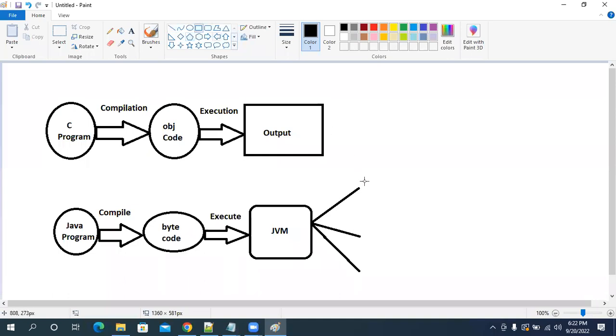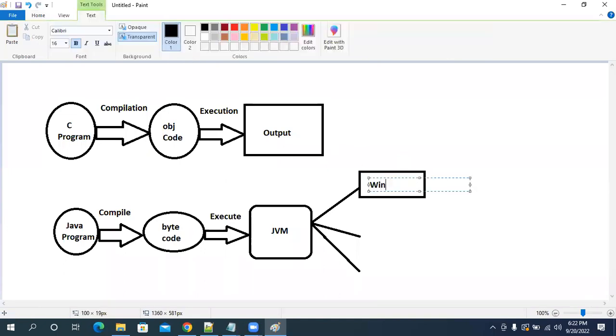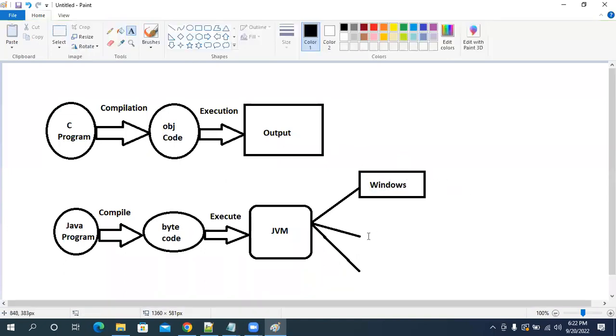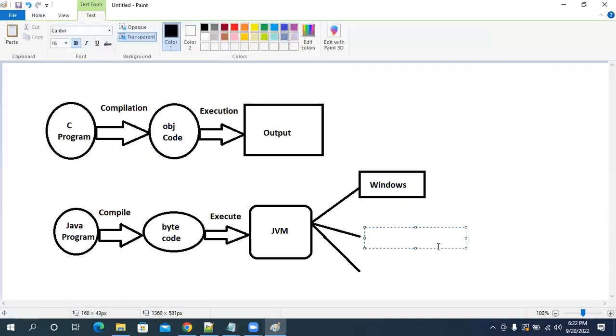So that means, can I run the Java program in any machine? Actually, I am not running the Java program myself; I am asking the JVM to run the Java program. We are telling the JVM, please run my program.